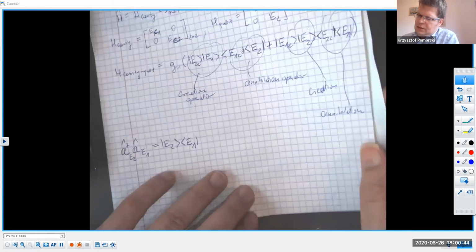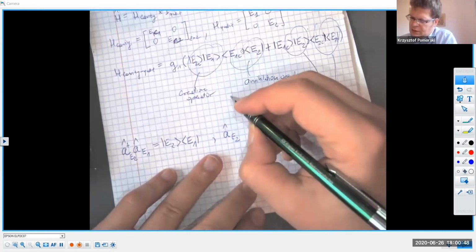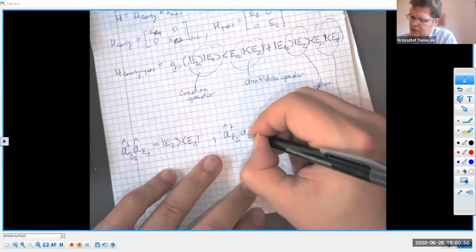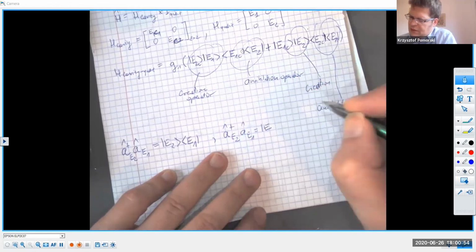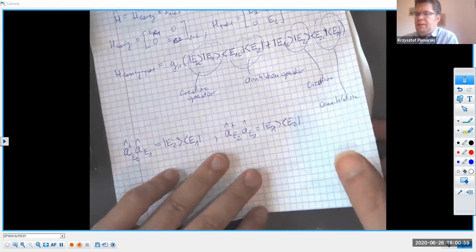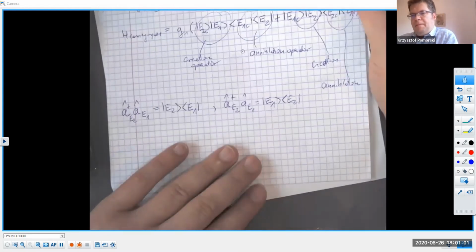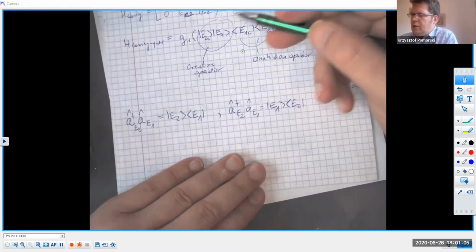And here I can have a scenario where I annihilate state E1 and create, so this is basically this type of representation, right? Okay, and the question is,